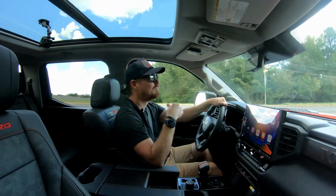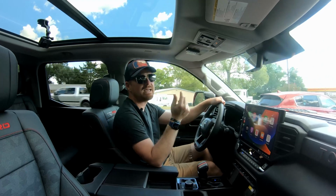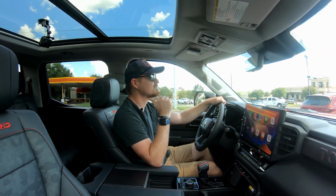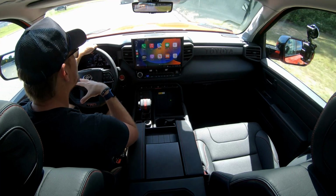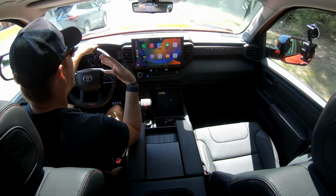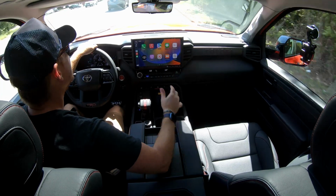I would put the F-150 Lightning right there with it because it has an independent rear suspension, whereas this one, as most full-size pickup trucks do, has a solid live rear axle back there in the back. All of the TRD Pro goodness in this one, meant to soak up bumps off-road, do help soak up some bumps on road. And while this does feel like a very large pickup truck, especially climbing into it,